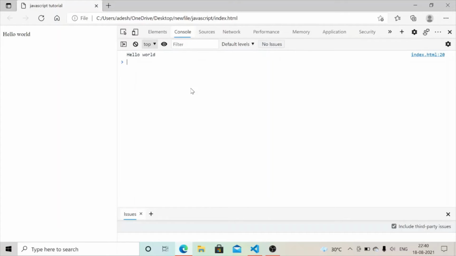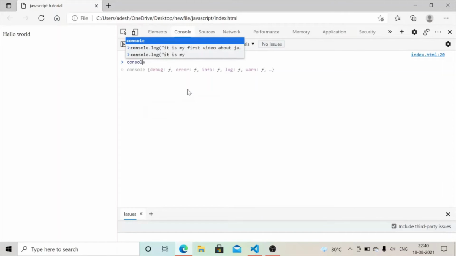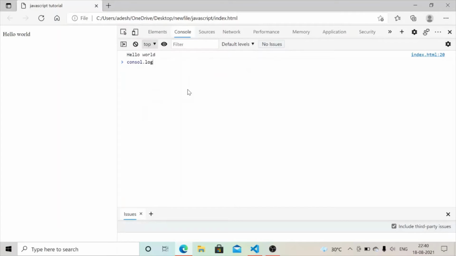You can also write your JavaScript code inside the console. So I write here console.log, give the inverted comma, it is my first video about JavaScript here. Now I close the inverted comma, close the bracket, give the semicolon.